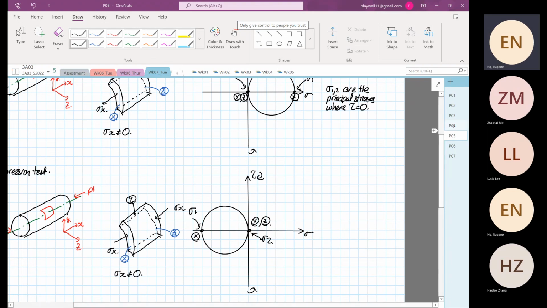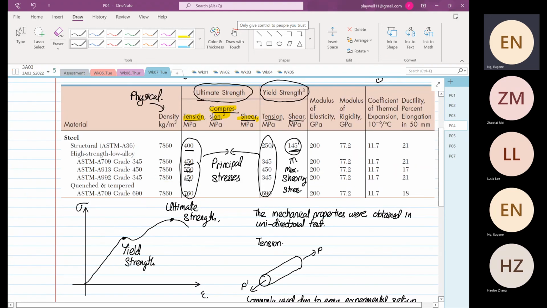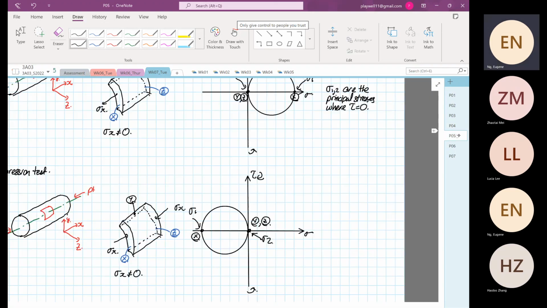Okay, so what we see in our tension test, either in ultimate strength or yield strength, is our principal stresses. The other value is equal to what? 0. No point reporting. Okay. So this is how we get